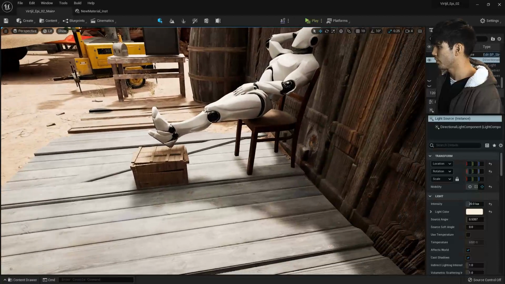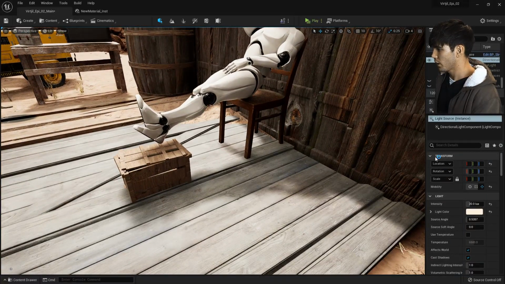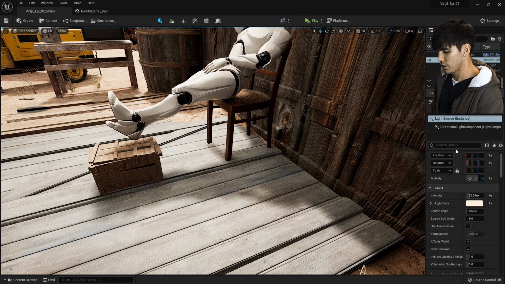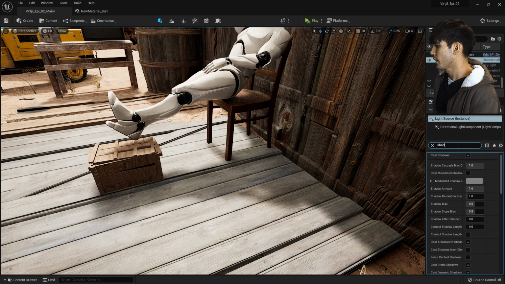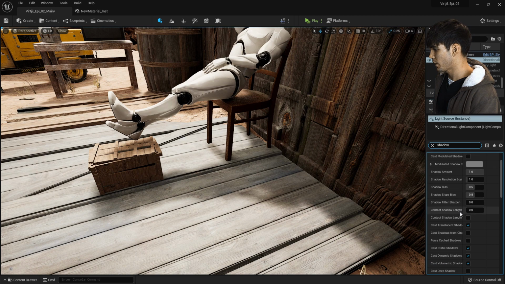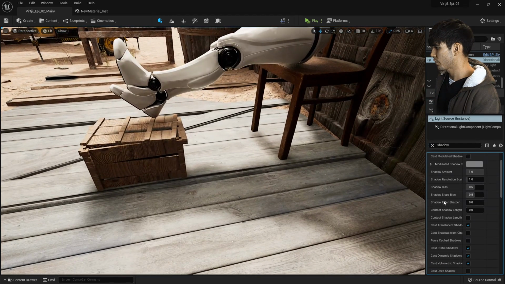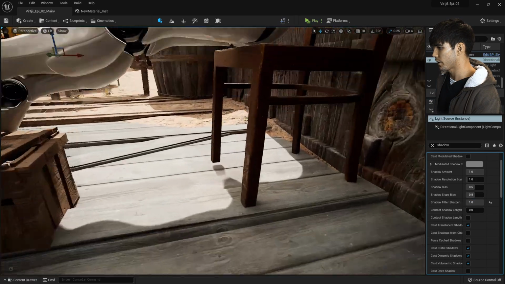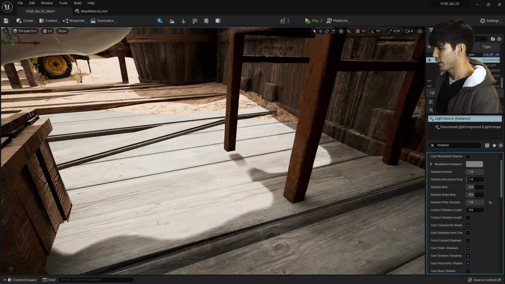So one of the solutions that I found was you go into your light source, type in shadow, and then you can use the shadow filter sharpen, and then it gives a nice crisp edge to the shadows. But then, as you can see over here, it doesn't quite connect,